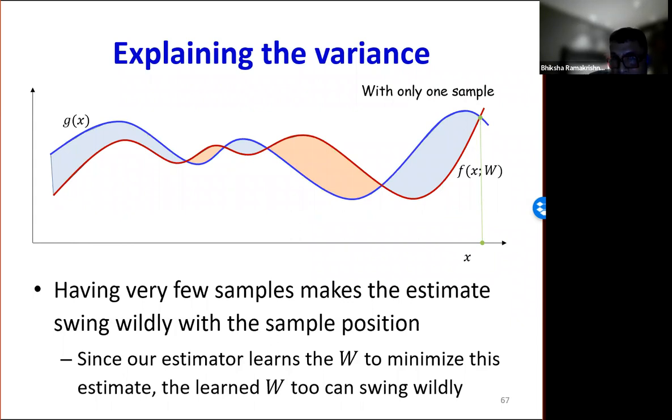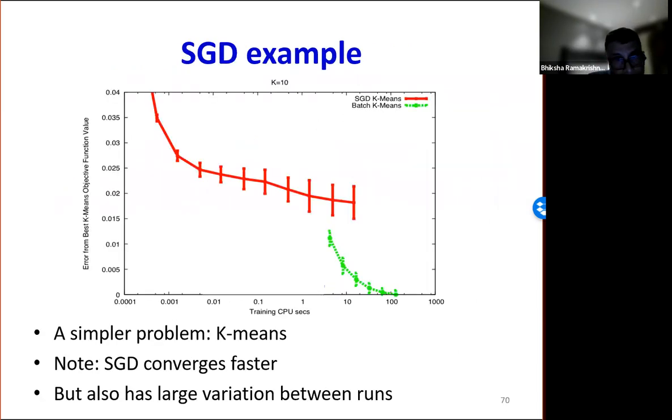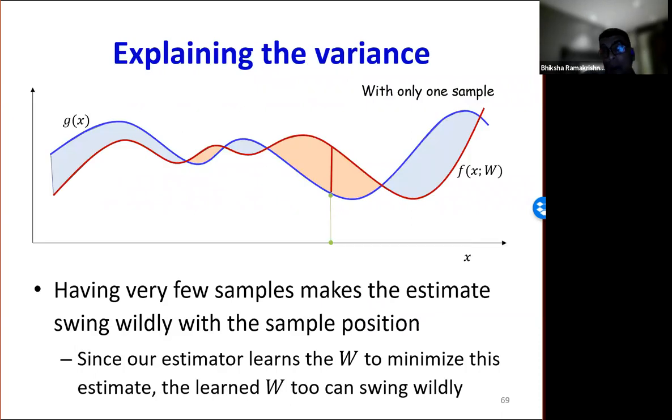If during SGD you're picking up one sample at a time and making your correction, right? So your first sample might be there. It's going to say, oh, both functions are fine. I don't need to make any changes. Then your sample might be here, in which case it's going to say, I've got to push up the red curve a whole lot. It could be here. It's going to say, I've got to push down the red curve a whole lot. And so, because you're picking only one sample, depending on where this sample lands, how we are going to correct